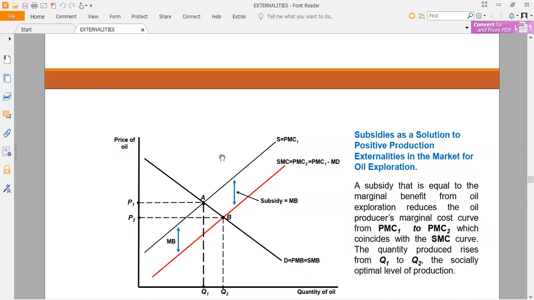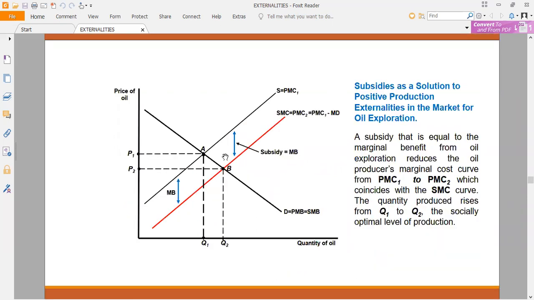And this is for subsidies. When we have a positive production externality, this is the market equilibrium. So they will underproduce. But because the thing is producing benefits, I mean, people are getting more benefits, you have to subsidize the production process for the firm so that it can produce more. So there will be a reduction in the cost that is borne by